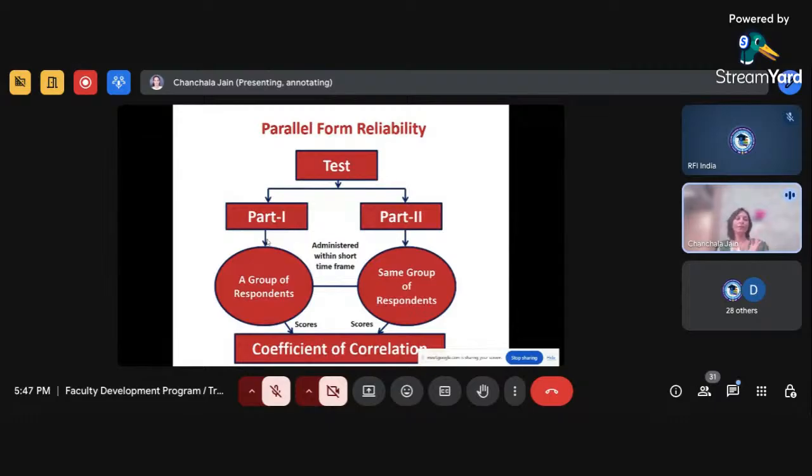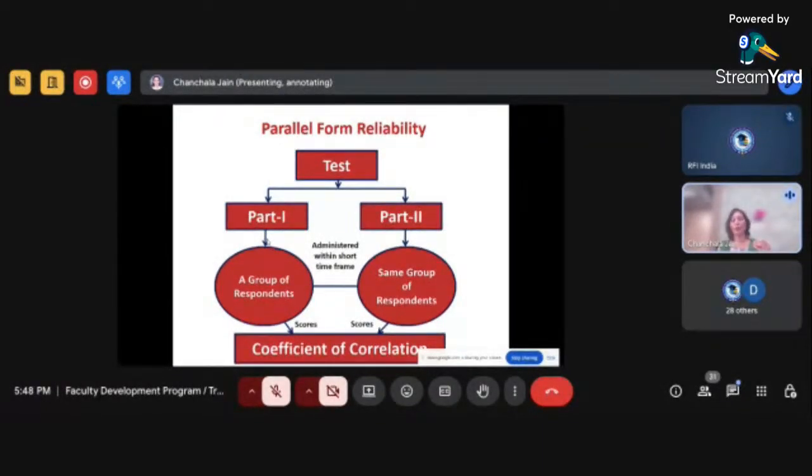Then we will give part one to some group of people, some respondents, suppose 100 in number, and we will collect their scores, their responses. Then after a little time gap, the time span being very short, maybe a month or two, we will give the second part to the same group of people and collect their scores. After collecting these scores, you need to again find the coefficient of correlation. If that correlation comes again 0.7 and above, you can say your scale is reliable as per the